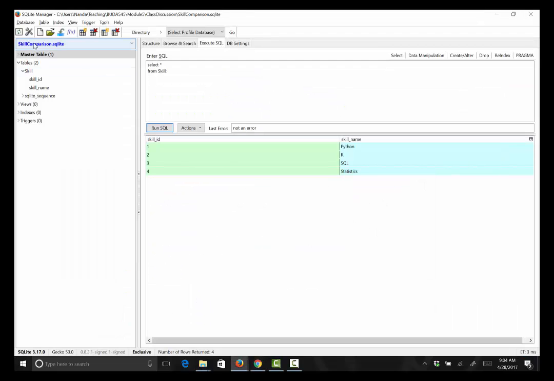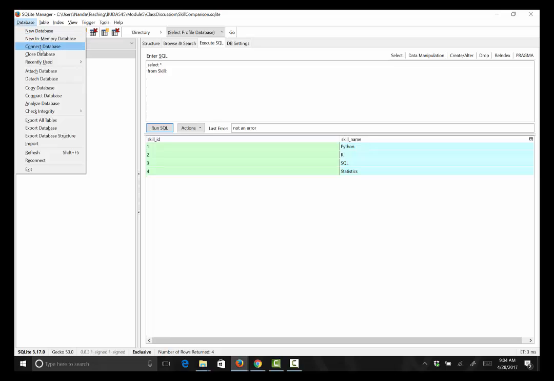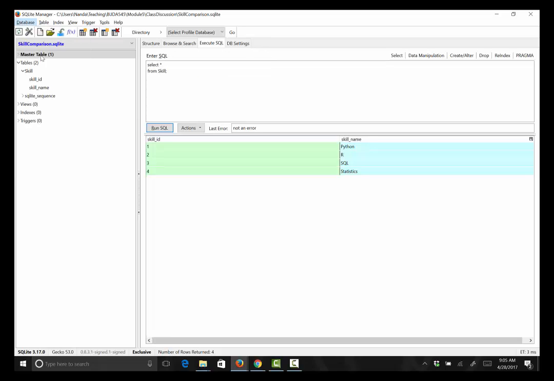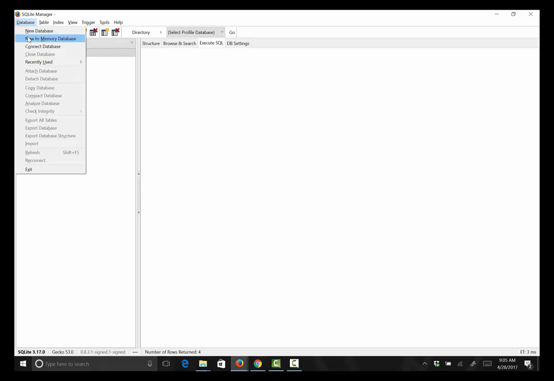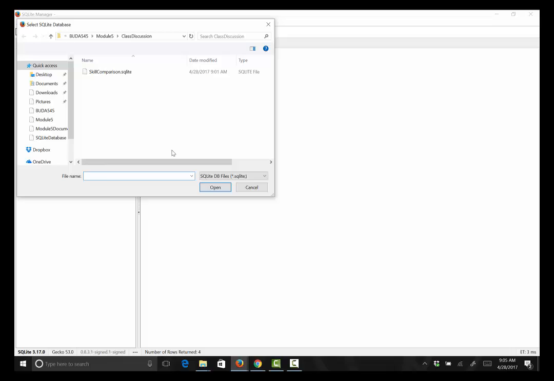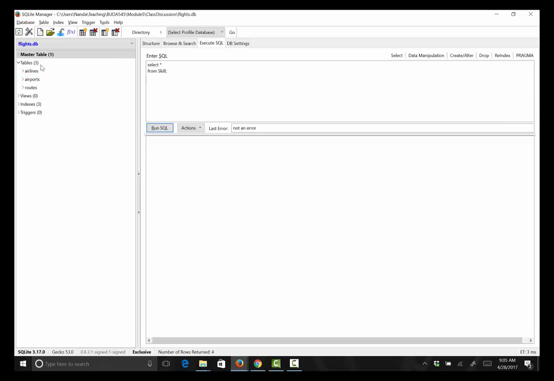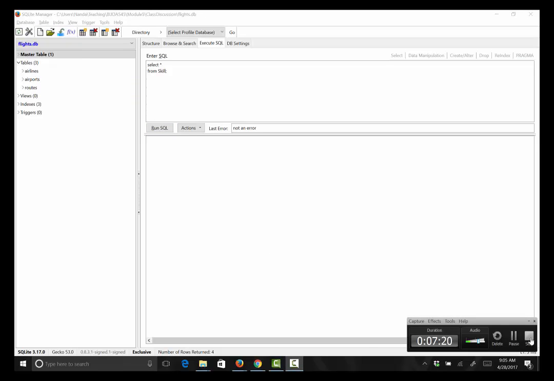Okay, so even though this is flights.db, which is a database file, it is actually a SQLite. So if I basically close this database, then I can say open or connect database, and it says SQLite DB files, but I can then change it to all files, and I'll see flights, open it, and I now have all the tables from the flights DB. Okay, I'll stop here, post it so that you have